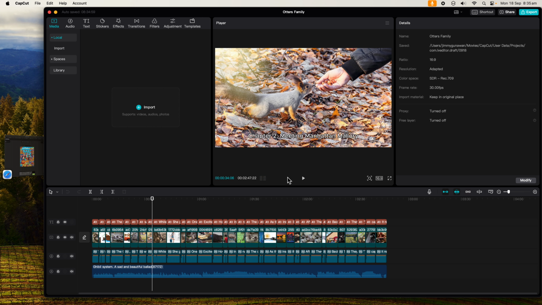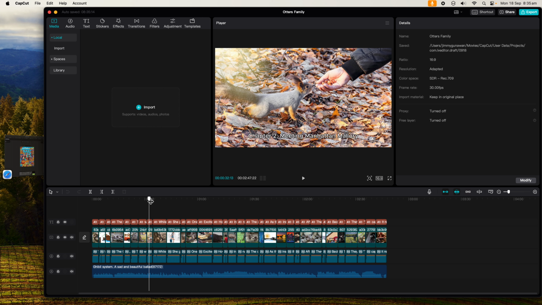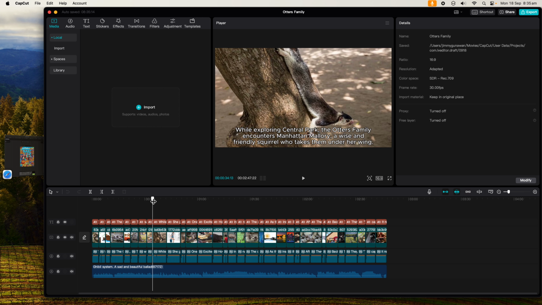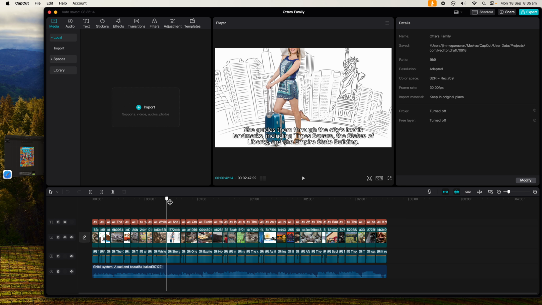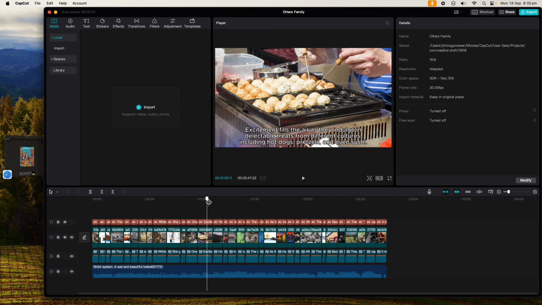I think the story is a little bit hallucinating, but they are already in the city of New York, and then I think they're encountering a friendly squirrel now instead of a pigeon. Exploring the city's iconic landmarks. So it's very generic. They find foods.